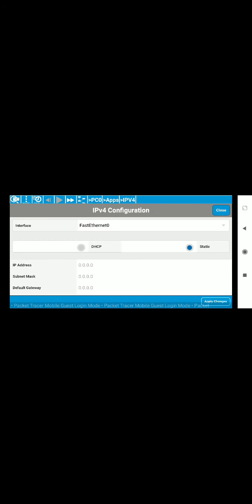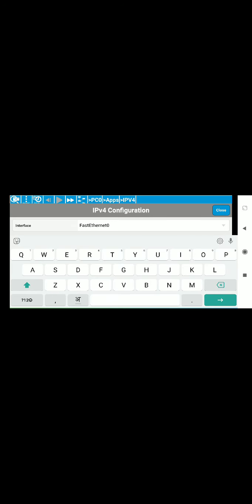Next what we have to configure is the PCs. So PC0, PC1 and PC2 we have to configure. For that click on PC0, then click on the desktop option, then click on IPv4 configuration, the first option. Here we have to write the IP address for our PC. The IP address for the first PC is 172.16.0.2.